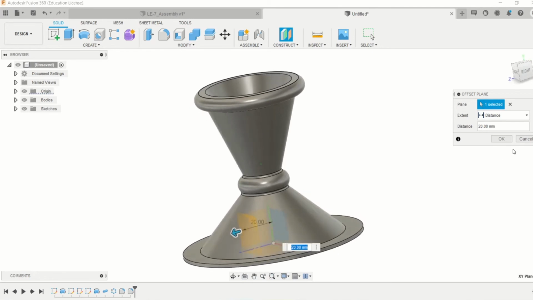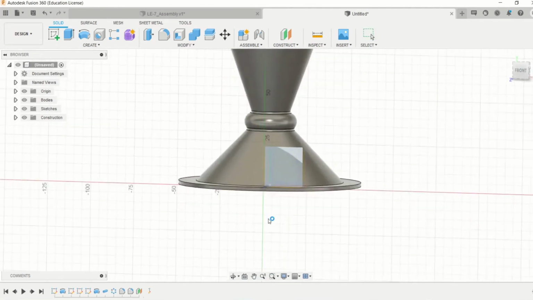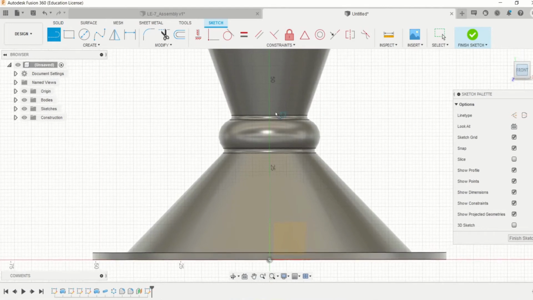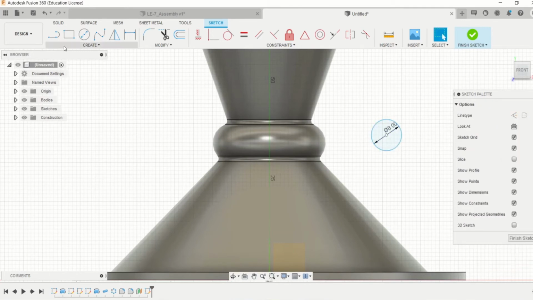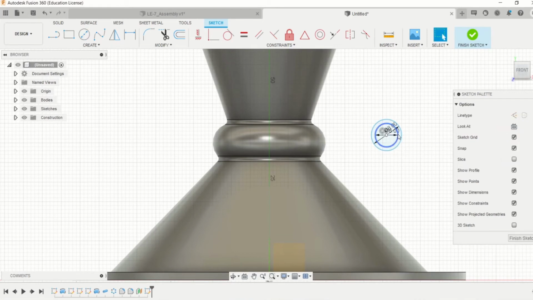And now you can just create your inlet diameter. Let's say these dimensions. Just like that. At the height of